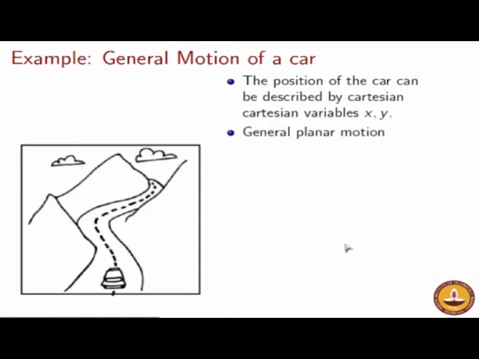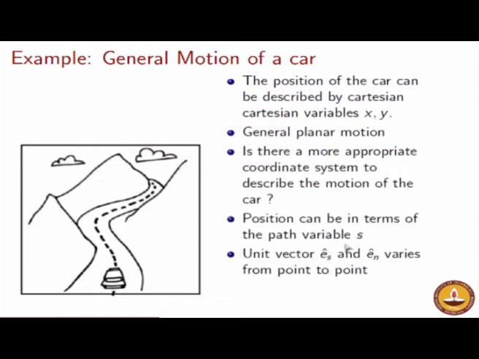Okay. Now, let us take a general motion of a car that is traveling in this nice curvy path. Instead of looking for a path which is circular, this path could be any arbitrary shape, it need not be circular, but it is definitely curvilinear. Just to extend that argument of the car moving on a circular track, now we are taking the car moving along a general track, but with the same height. Again we can say the position of the car can be described in Cartesian coordinates as xy, in which case it is obviously understood that it is a general planar motion.